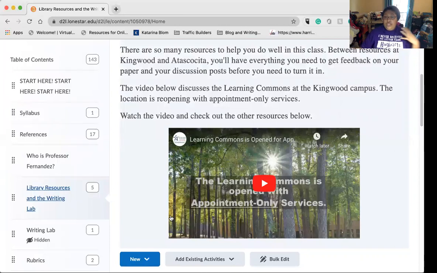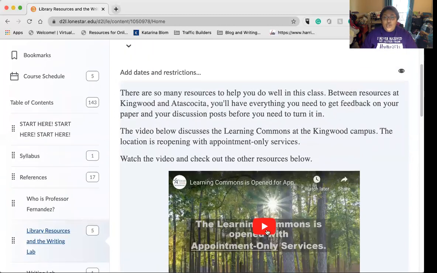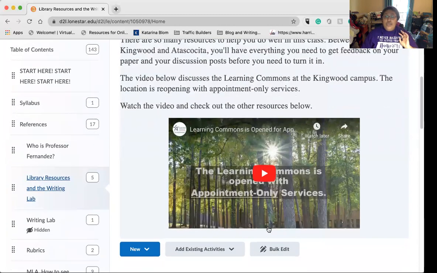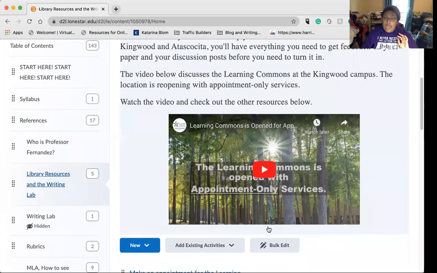Now, this is fall 2020, and this class is being taught through Process Tech. So if you are a Process Tech student, you're in luck. You can use the Kingwood campus resources, or you can use the Atascocita campus resources. And I have them both listed here. So you have an option of going on campus to the Learning Commons at Kingwood